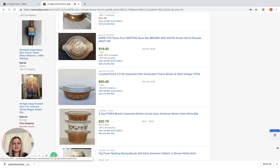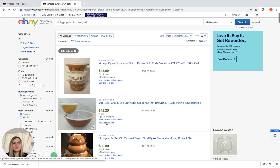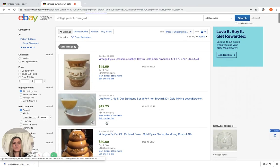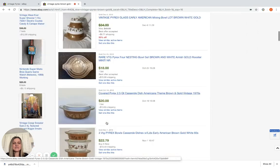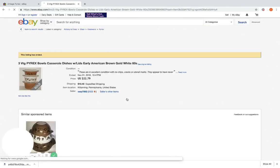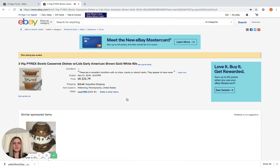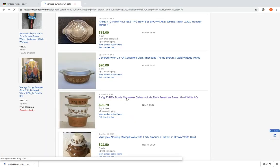Now look, this looks like the same one. So maybe, let me look at that. Maybe they didn't pay for it and the seller relisted it. And here it only sold for $22.79. So it went for even less. Let's see. Well, that says they're in Pennsylvania. So maybe that's just a common set. The other one was Indiana. So anyway,